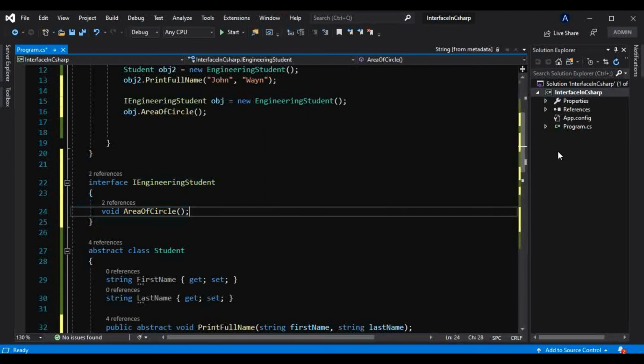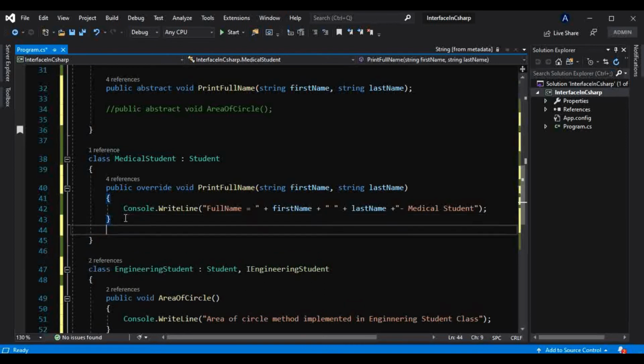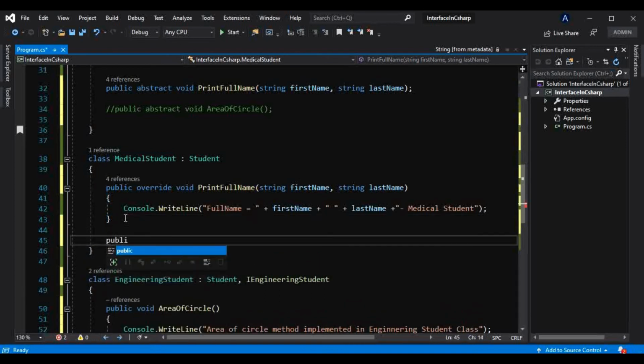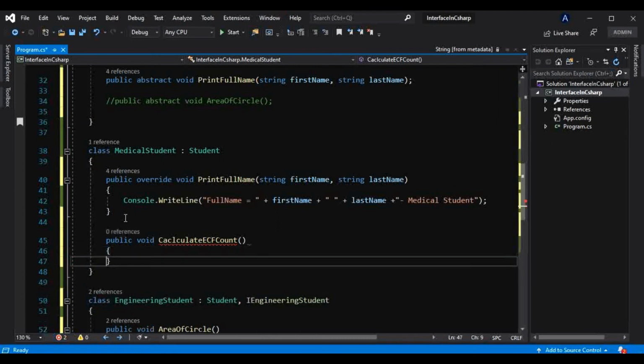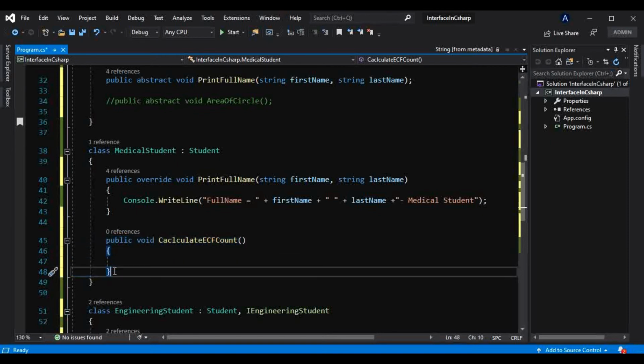And now if that medical student class also wants one specific method, like calculate ECG count, okay, if that medical student class needs this method, but we know if we take that method directly here and expose that to the user, then we are breaking that OOP concept, that is abstraction.